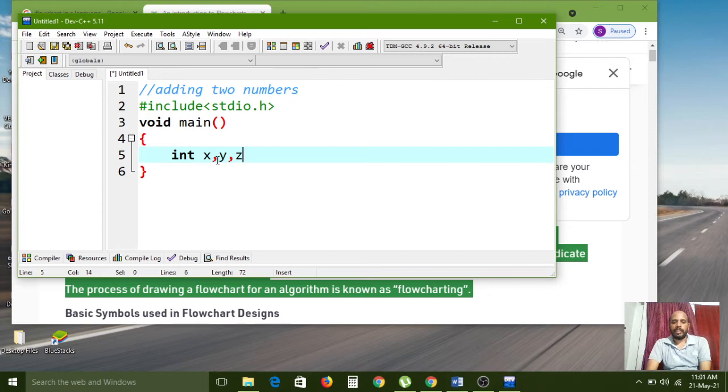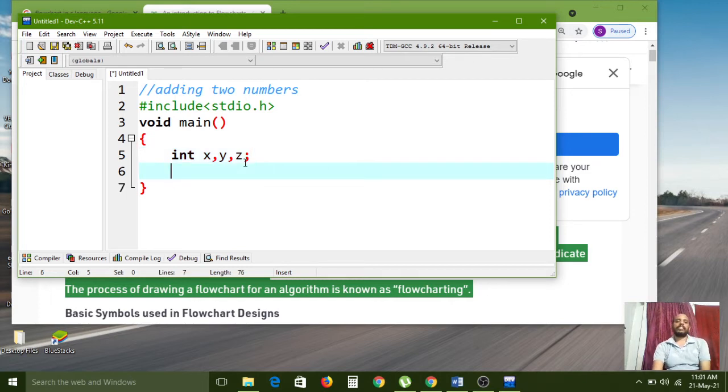By using the y variable, one more value can be held. After that, we need to compute x plus y. After adding the two numbers, I want to store the result in one more variable, so I have declared the z variable also. So three variables are enough. At last, a semicolon is a must.